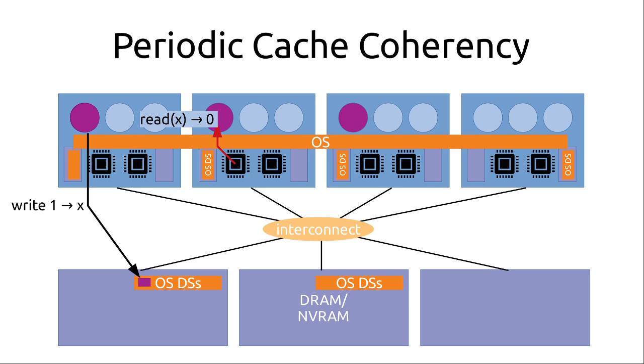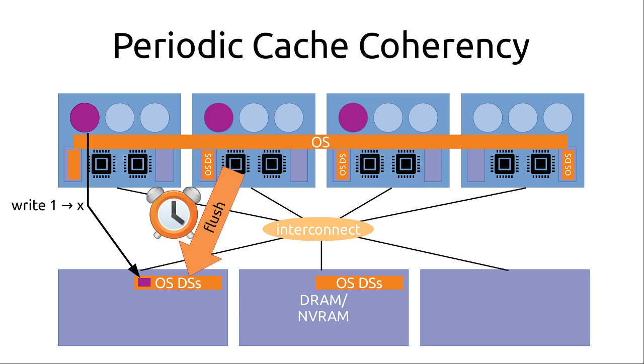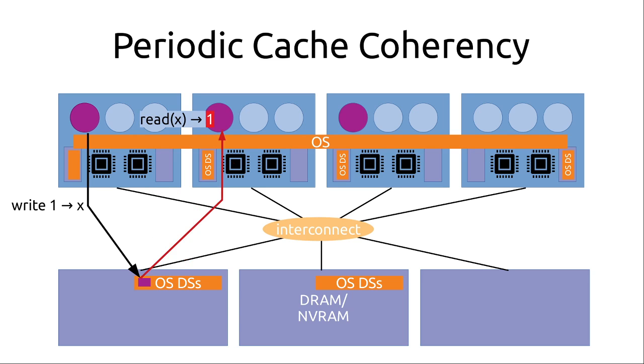So it's possible that we'd read 0, but after a certain amount of time, we would flush the cache using the bounded incoherence flushing of the cache, and at that point, we would be able to read back in that value and be able to access it correctly. So this notion of periodically flushing the cache is integral in being able to ensure that all of the nodes will see a coherent version of that data.